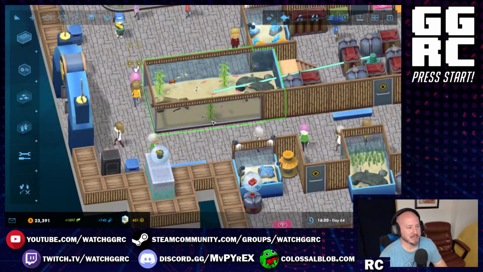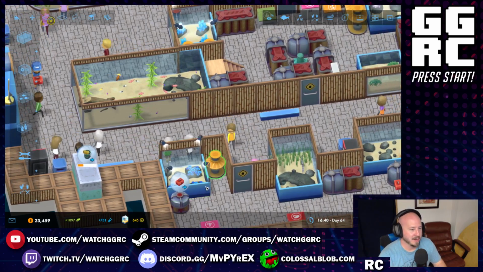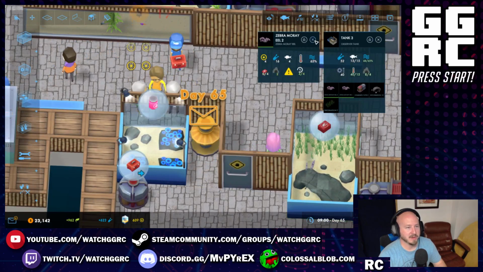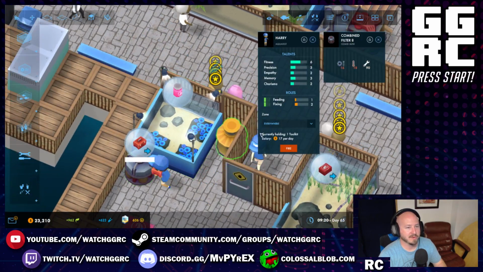So I actually started with this tank and built this little tank here, and then it just kind of worked its way around. So we'll take you around here, and you'll see a few familiar faces, like the eel here. The zebra moray eel is hanging out there. In this one we have the...